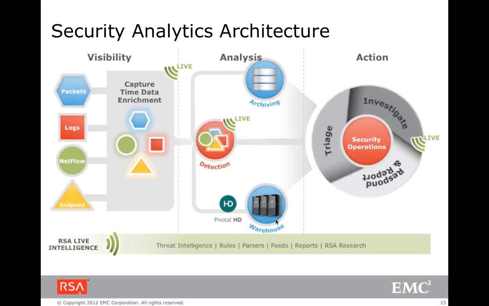And all of this is fed by what we call RSA Live Intelligence, which is the first watch, the rules that I write, and the different kinds of reports that I can run. That is streamed into this system to ensure that it is always up to date and always relevant to what I'm doing. So that's the security analytics architecture, which primarily builds the heart of what we call the risk-based approach for an advanced SOC. That risk-based approach is what makes it advanced.